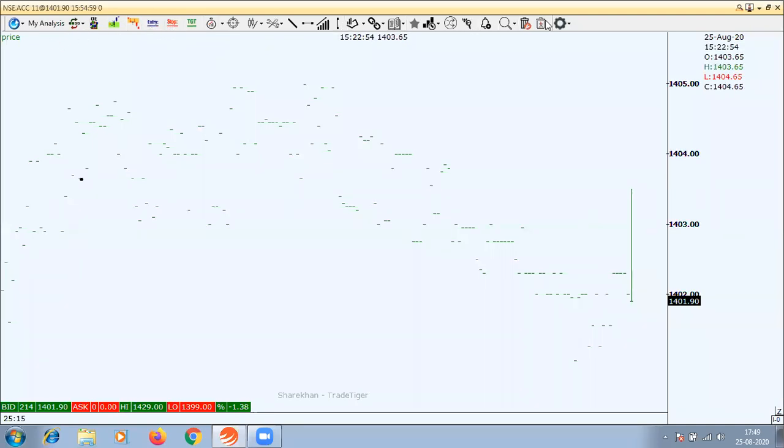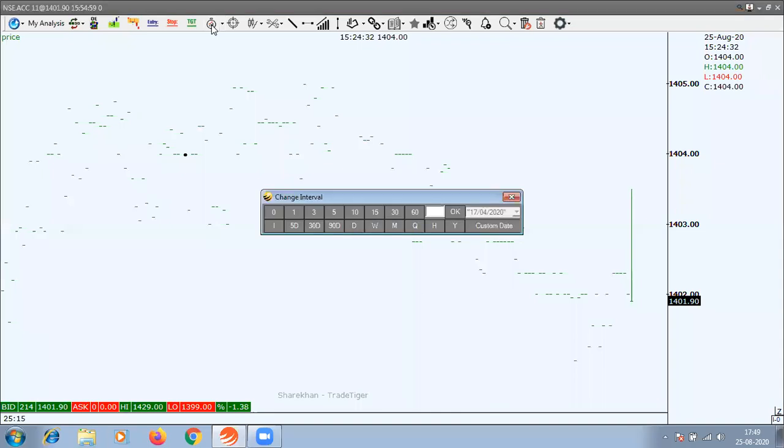Are you all with me? This is called the toolbar. In this toolbar, you have this option for demand, you have this option for supply, you have the entry line, stop loss line, target line, then this change interval window. So if you just click on this, now from here you can change